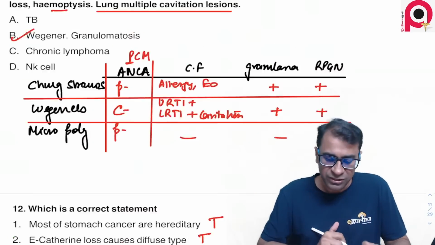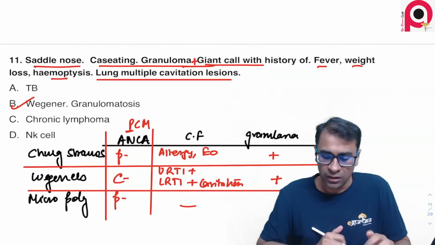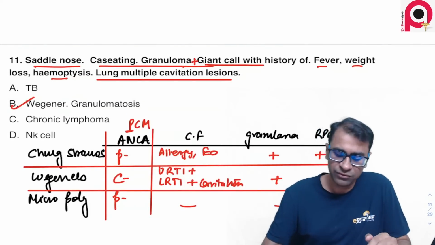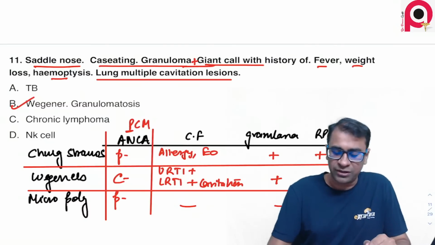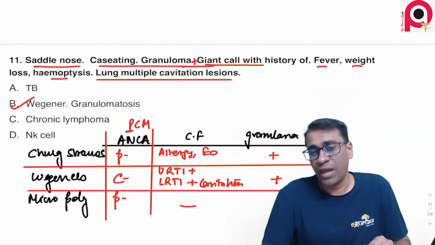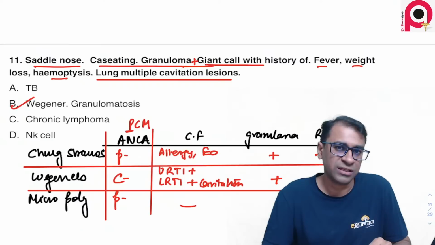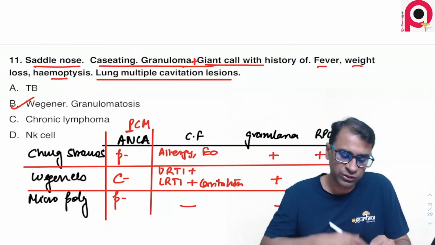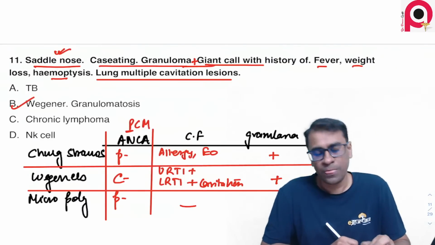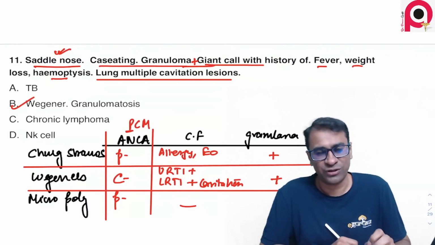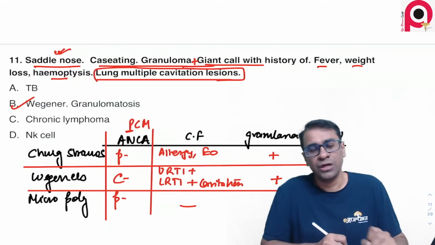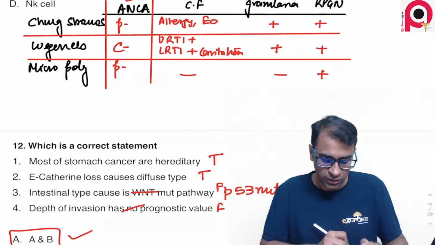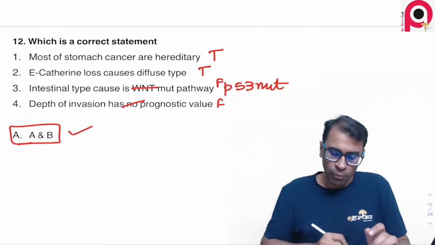Well, in the previous question, why is it not a tuberculosis case? Because TB should not usually show saddle-nose deformity, and TB must also show AFB positivity. That's one other history that should be shown in a case of tuberculosis. The saddle-nose deformity is asking you to know whether the answer is vaginal granulomatosis or not. It's a very characteristic feature, and multiple lung cavitation is again a very typical history of vaginal granulomatosis. So know about these cancers.